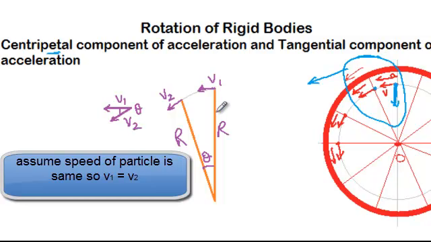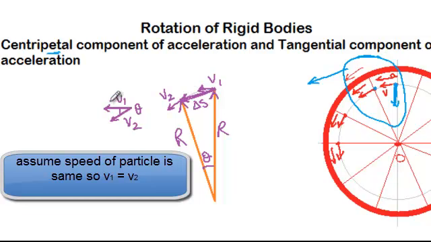Reason being, v1 is perpendicular to r and v2 is perpendicular to r. So if this angle is theta, the angle between the two velocity vectors will also be theta. I have just picked the second velocity vector and placed it over here at this position, so that the tails of the two vectors coincide. Now you can see that this vector gives us the change in position. So if this is the final position and this is the initial position, then the vector delta S is the final position minus the initial position, and the direction of this vector will be in this direction.